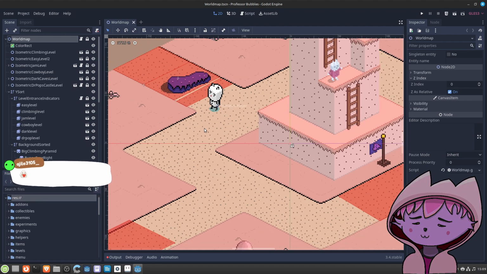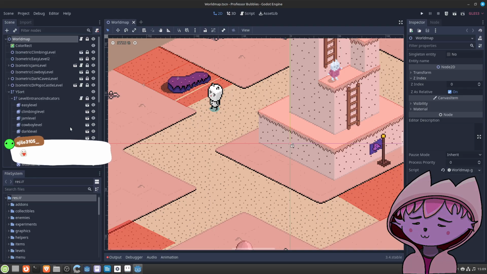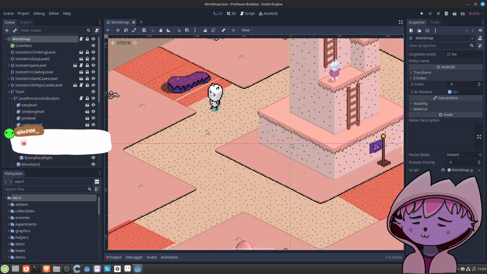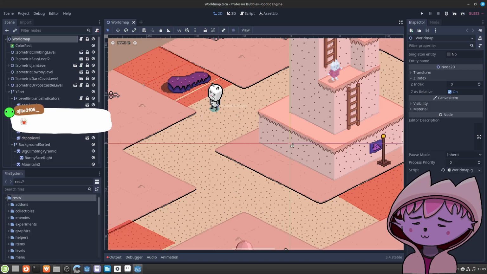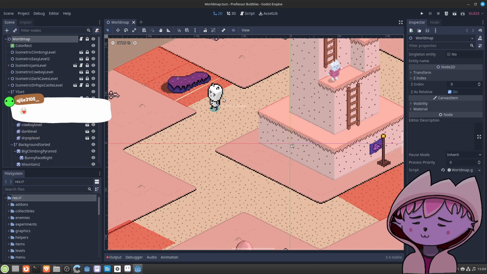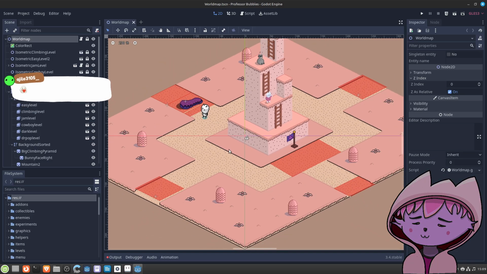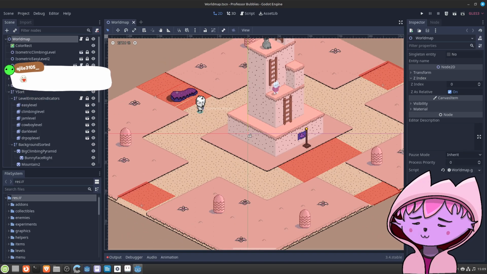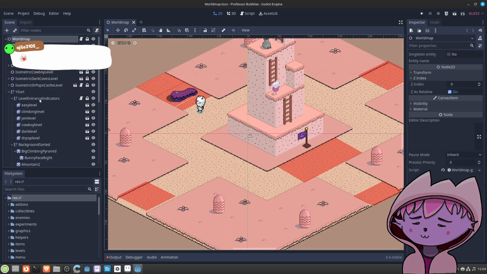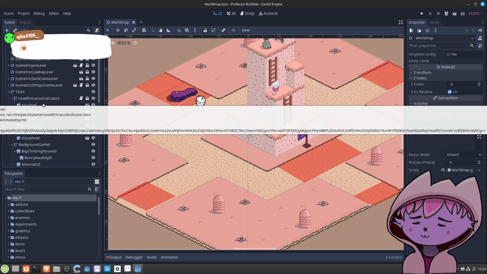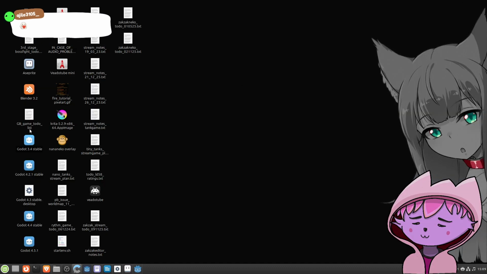And the part from Professor Bubbles I'm interested in is this world map, because we have an isometric character. And next to that, there is also one more.